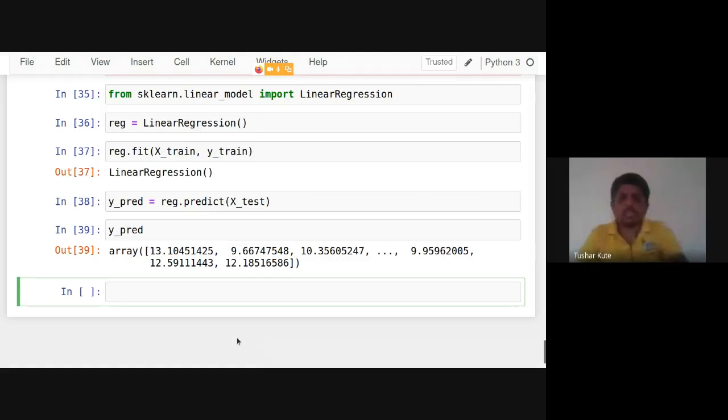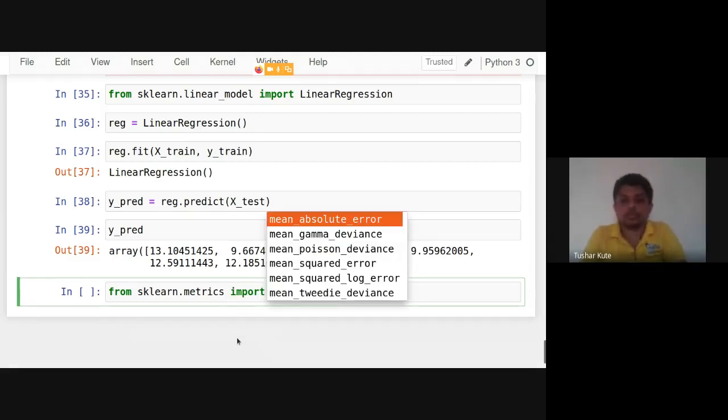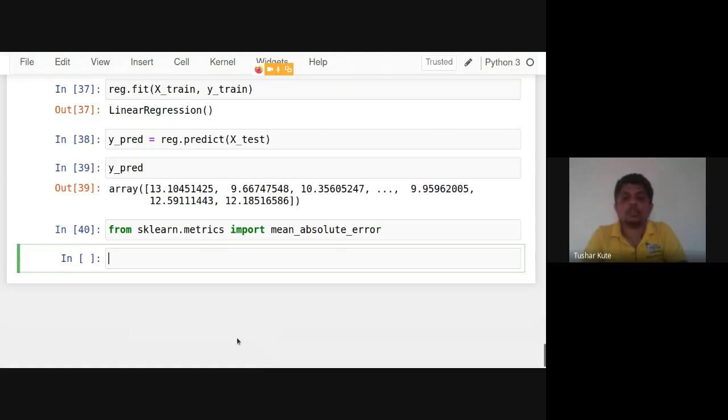Mean absolute error means the average of the differences between predicted and actual values. That is called the average difference that we will have there.